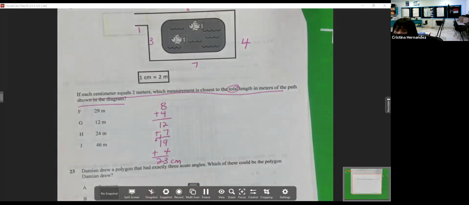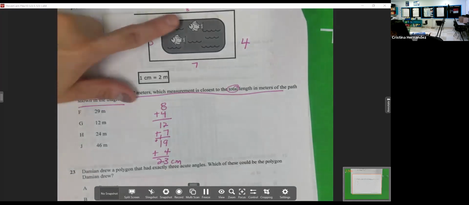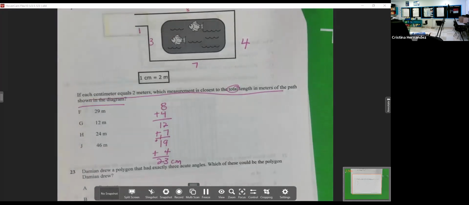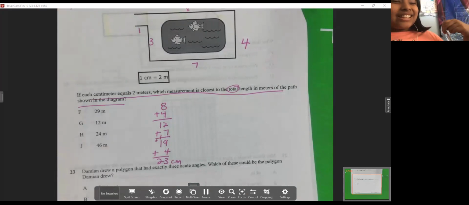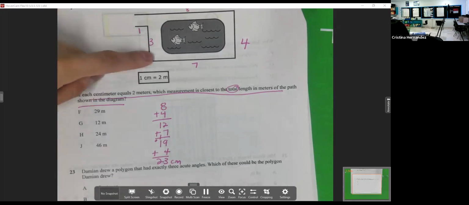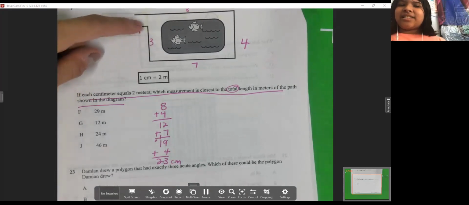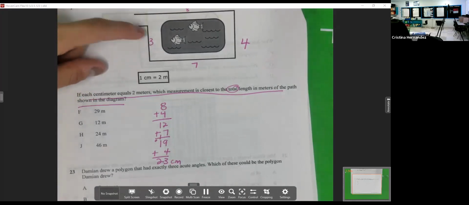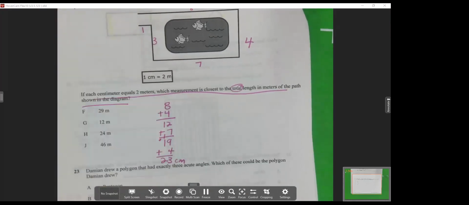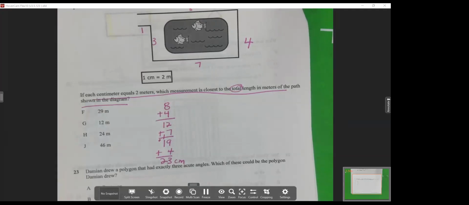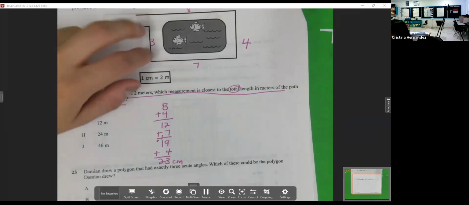I don't know. So, Emma, you said to do what to each one of these numbers before? To add. Ms. Hernandez, I think Michael was talking about the separate one. What, up here? No, the separate one. Oh, did I forget to add the 1? Oh, no, I had it right here. 3 plus 1 is 4. I assume that equals 23 because it's like 8 plus 4 plus 12 plus 7 plus 19. Yeah, I combined this one, that's why.